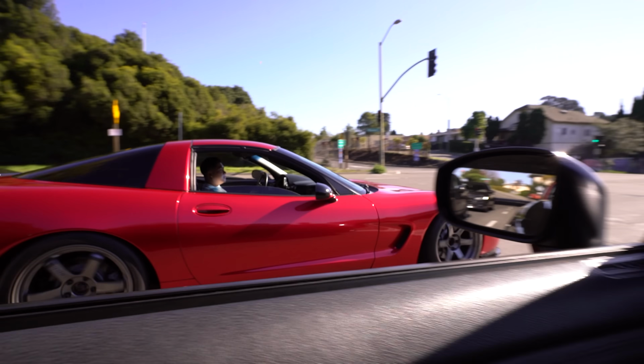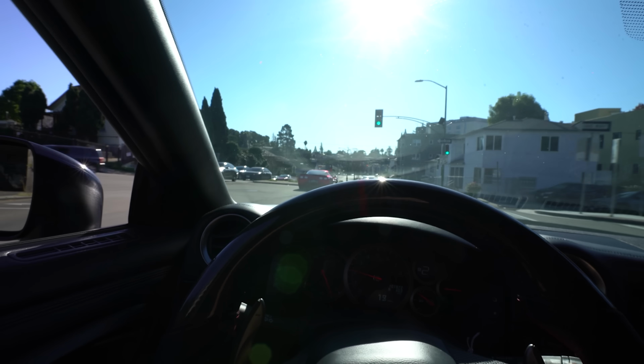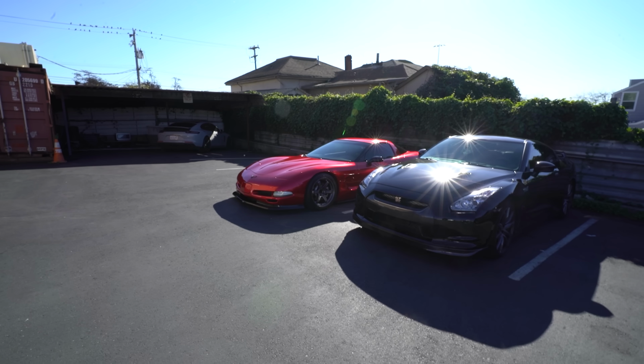Oh my God. Oh my God. 18, so it looks so low though. My car looks like a monster truck, bro. Come on, man. I gotta get like you. You need to get the...